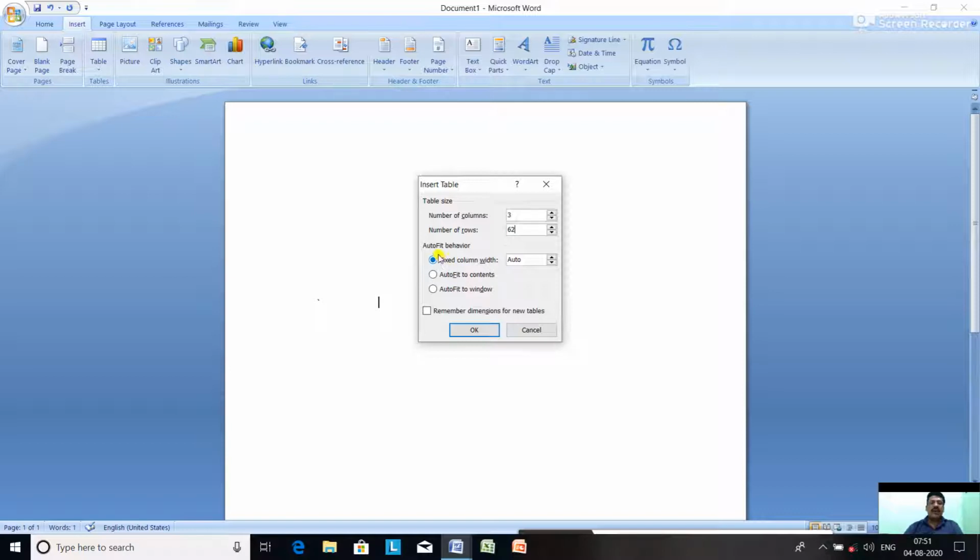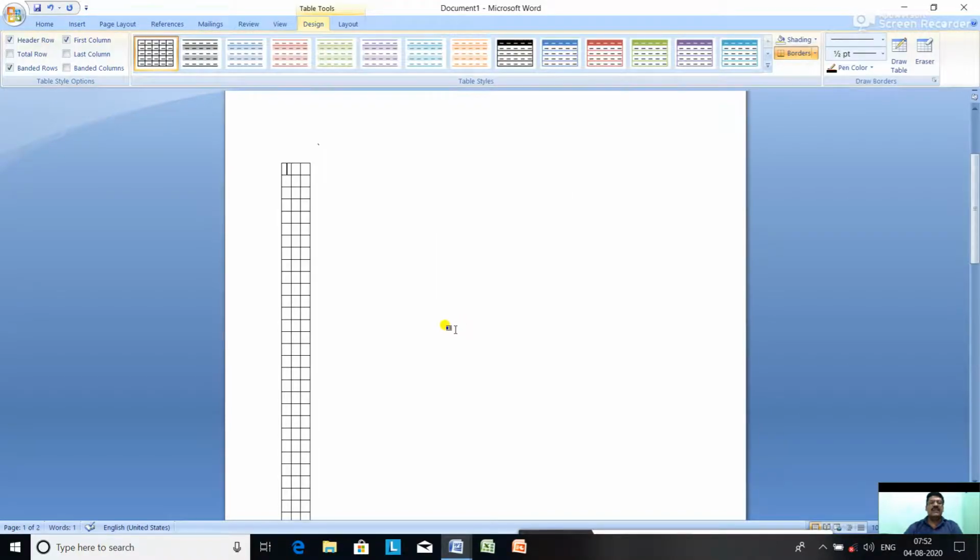And then we have 3 options here under auto fit behavior: fixed column width, auto fit to contents, auto fit to window. I suggest you select auto fit to contents. So click on auto fit to contents and click on OK. As you click on OK, the table is created. In this, you can type the headings first.